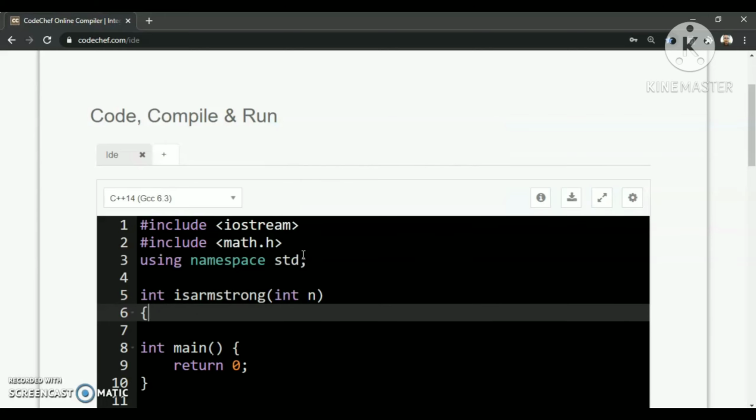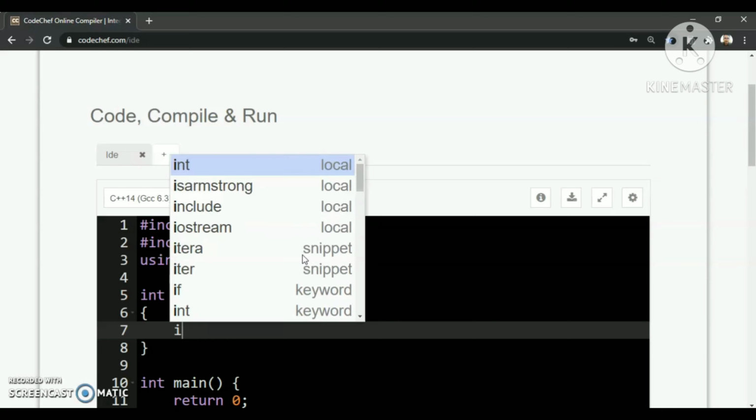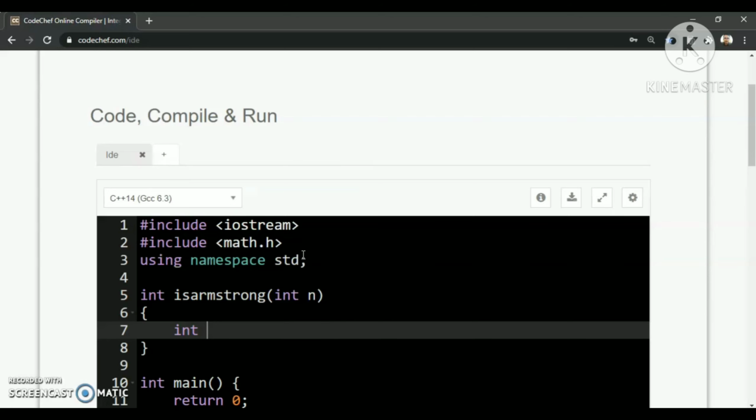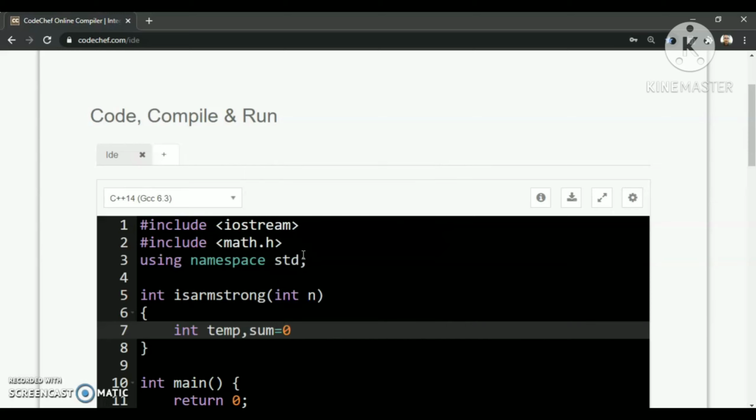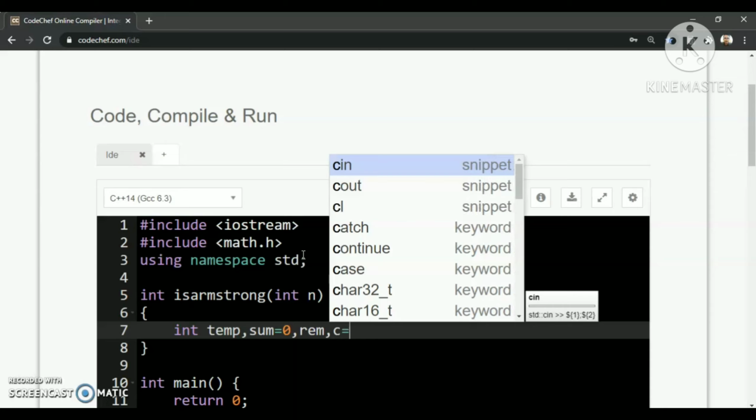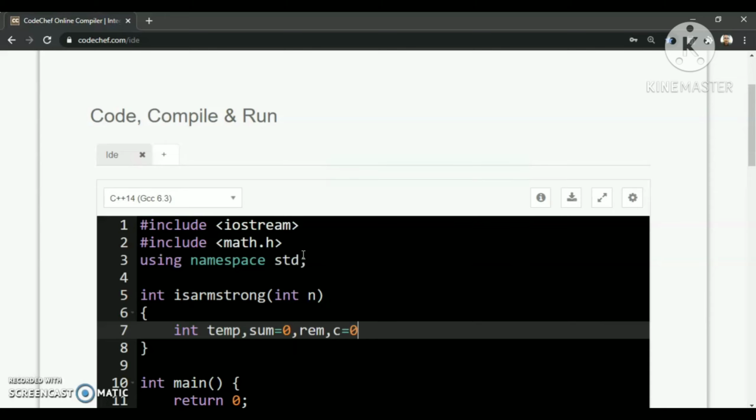Then we need to declare the variables which we are going to use. So temp, sum initialized to 0, and then rem, in which we are going to extract the values. And one more counter we need to take to count the number of digits.